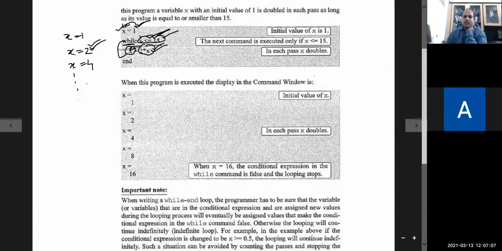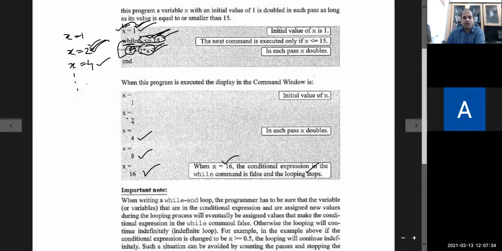So you can see here, initially we assigned the value of x as 1, and x equal to 2 is the result in the first pass. x equal to 4 is the result in the second pass, and so on, 8 and 16. Next time it will not be executed. Why? Because when x is equal to 16, the conditional expression in the while command is false and the looping stops.